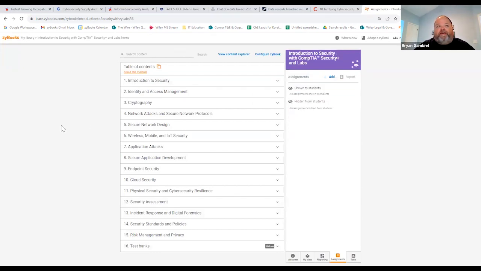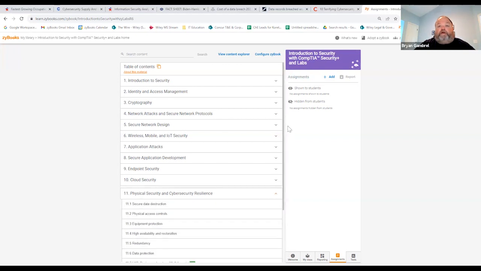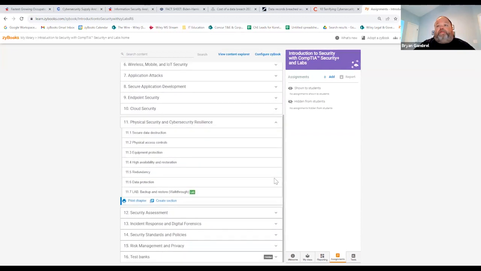One thing that we're seeing with a few schools, and I think it's a brilliant move, and I think it could really be a differentiator for schools, and the zyBooks model is built really well for it, is that you could simply go in and pick up a chapter or two of the Security Plus book and put in other products, if you want to give your students a leg up on it, things like physical security, security and